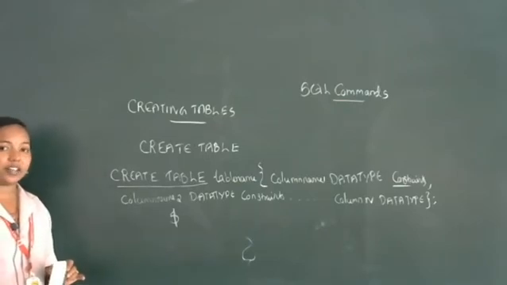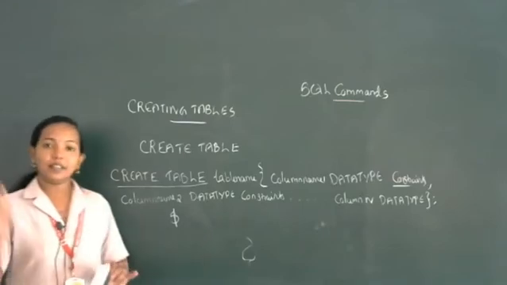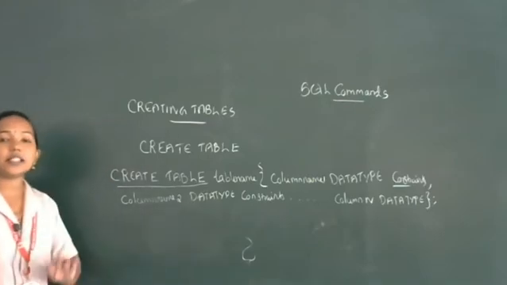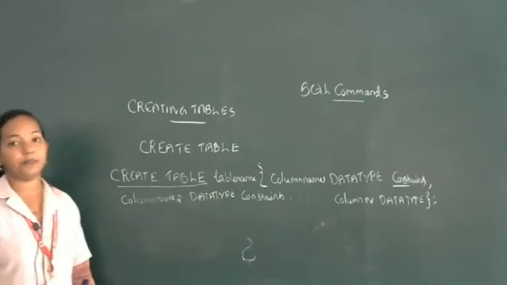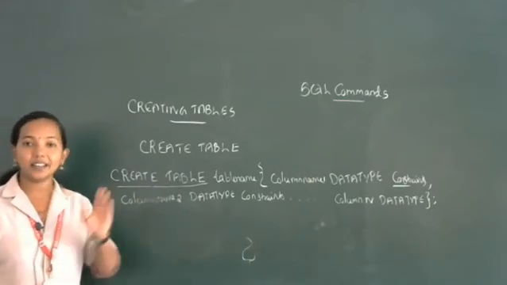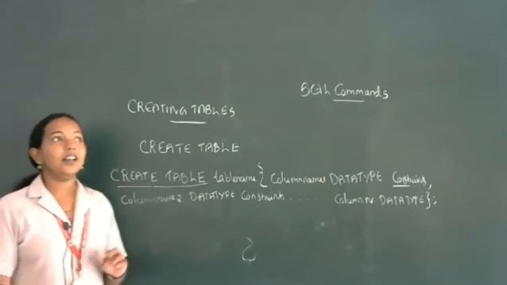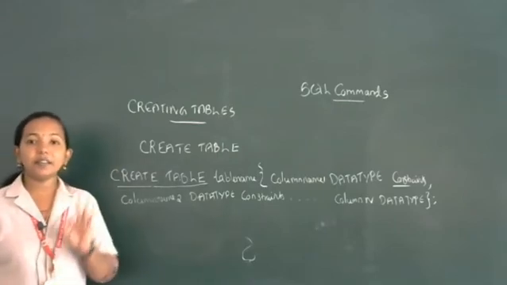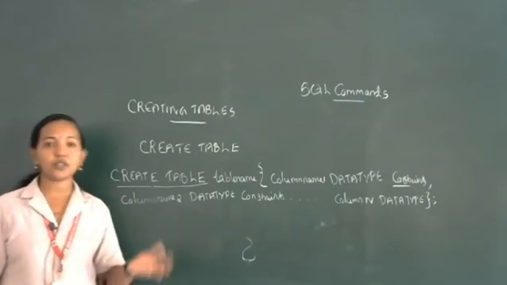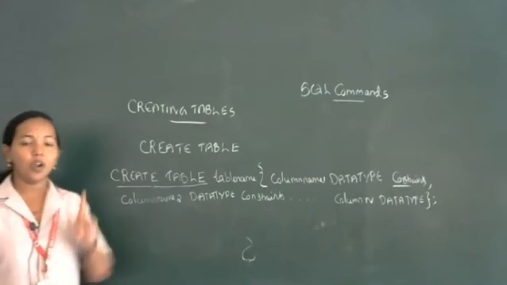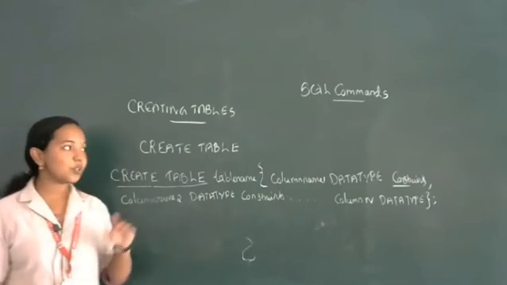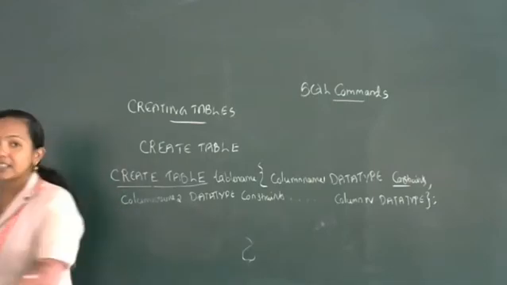White spaces are not allowed. Underscore we can use, and the dollar symbol also we can use. Then SQL keywords, that is in capital letters, cannot be treated as a table name. Then the table name must contain at least one character. Numbers we can use, a combination of letters and numbers we can use, but every table name must contain at least one character. So these are the different rules present in your text.